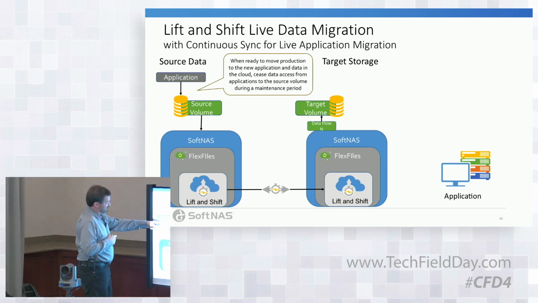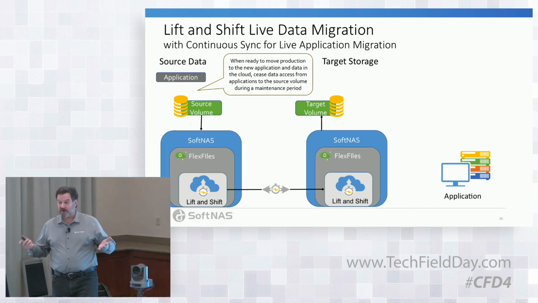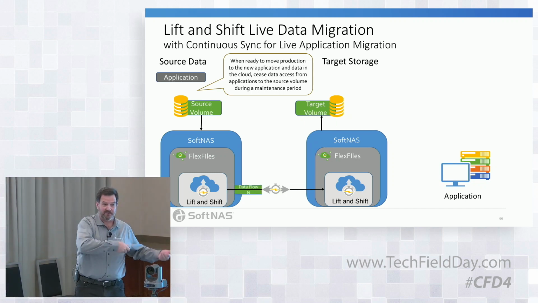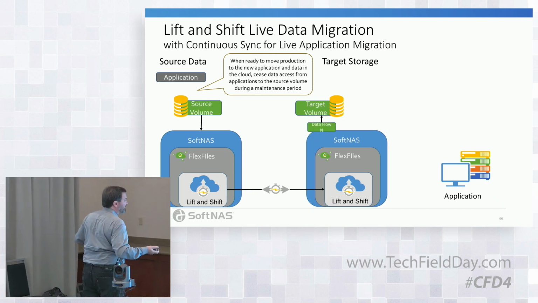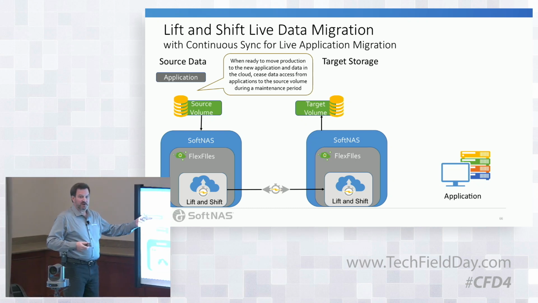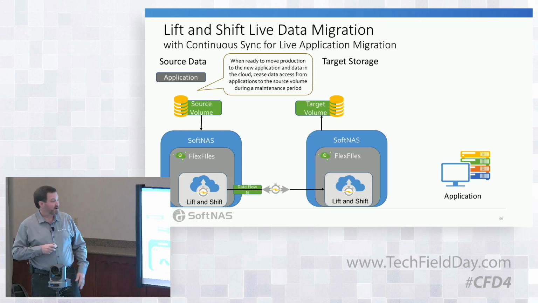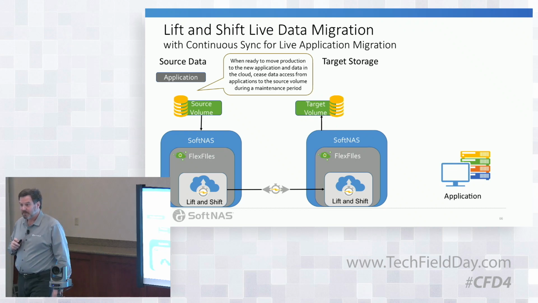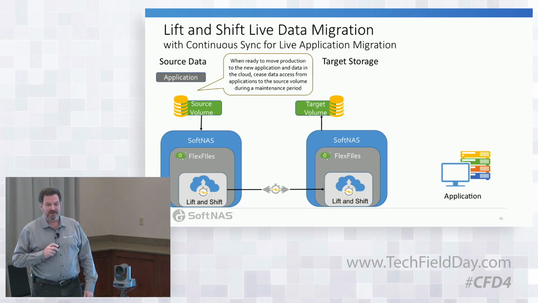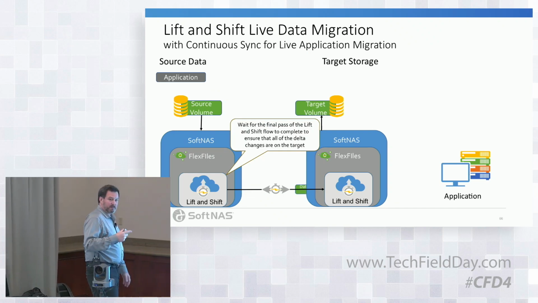So then you've been running this and you've tested your app and you say, okay, it's running great. It's actually running on the real data as of 3 days ago, right? So you're ready to cut over. First thing you do is you cut the applications off, maintenance window. You have to get a maintenance window in there. And what you want to do is stop pushing data to the source side volume. You have to quiesce the delta changes. You can then monitor the